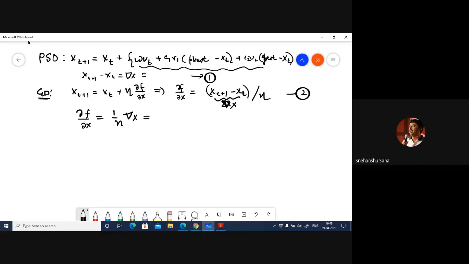And what do I know about delta x? I know that delta x is this guy. So this is w v_t plus c1 r1 (p best minus x_t) plus c2 r2 (g best minus x_t), and this whole thing over